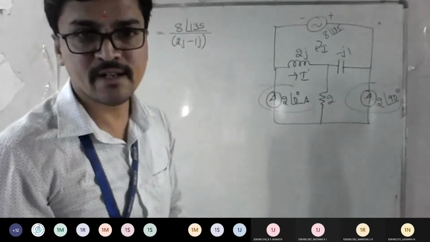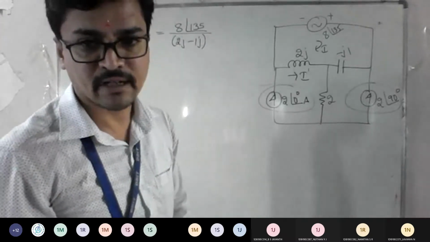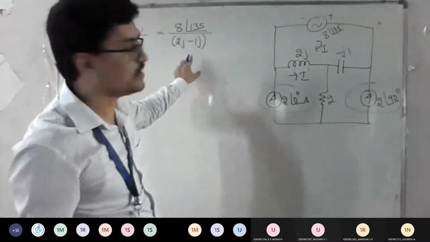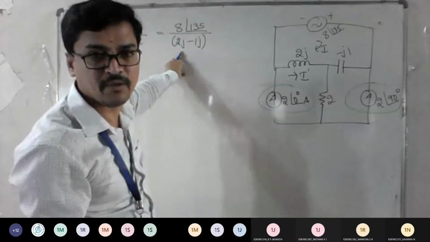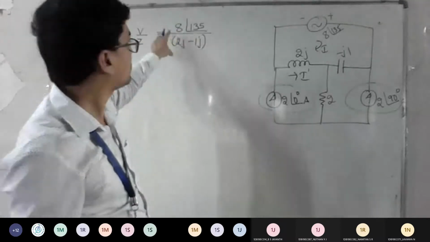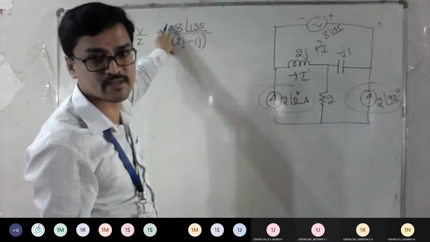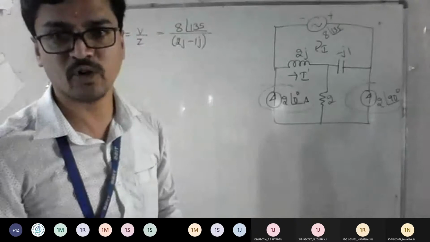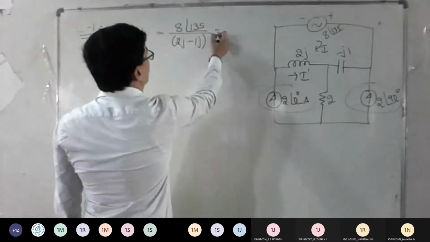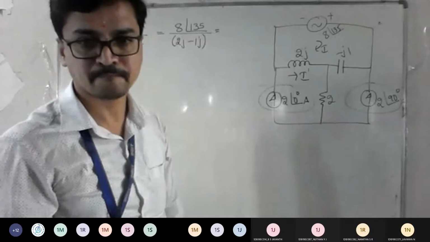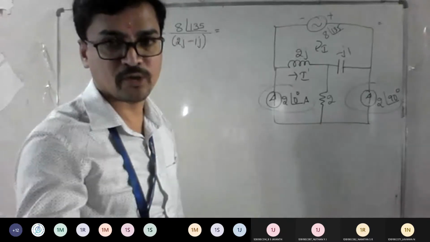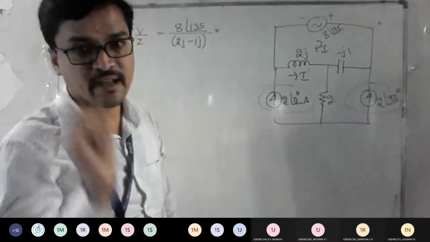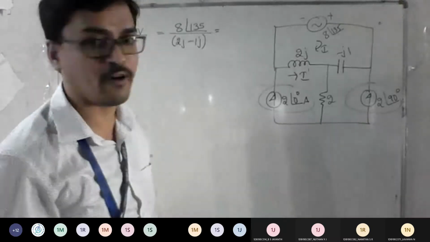Surendra, your numerator is in polar form and the denominator is in rectangular form. So what should you do? If you want to do it manually, convert the denominator to polar form and you can do things easily, or convert the numerator to rectangular form and use your calculator to get the answer. Whichever you feel comfortable with, go with that. What is the rectangular equivalent of 8 at an angle 135? I hope you know how to do the conversion. Just tell me the conversion answer.